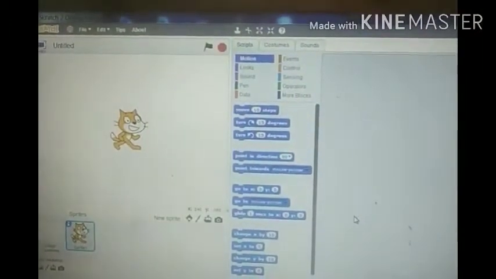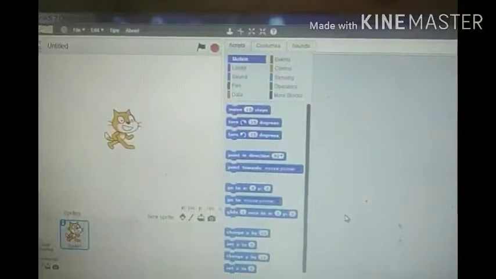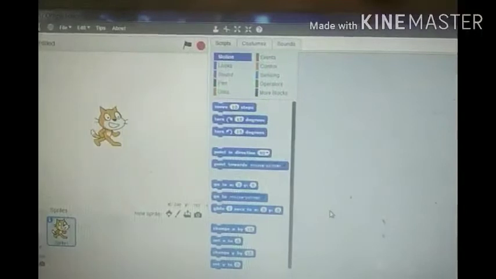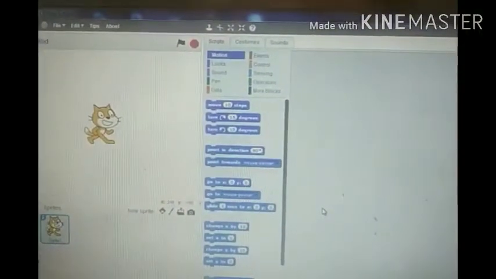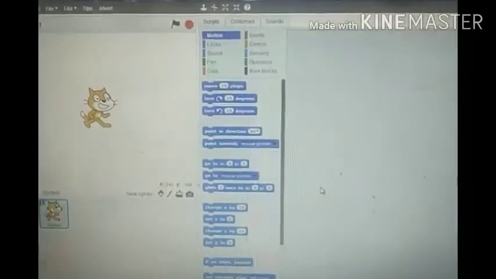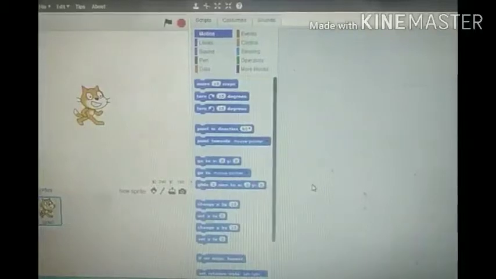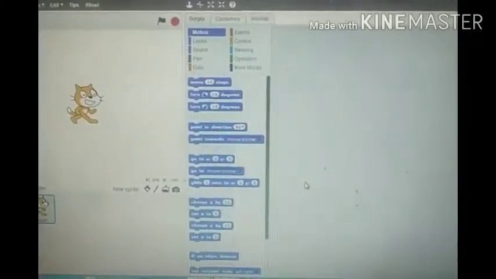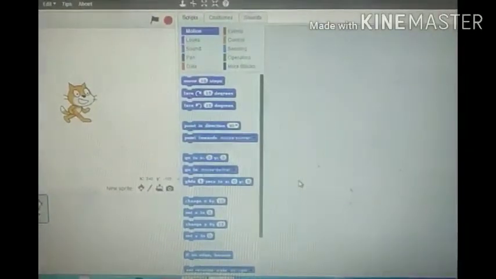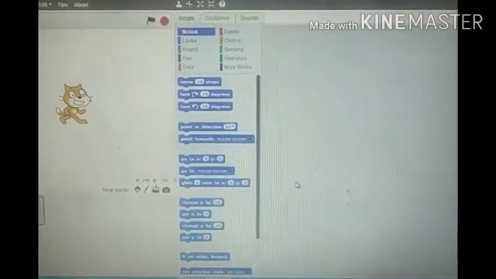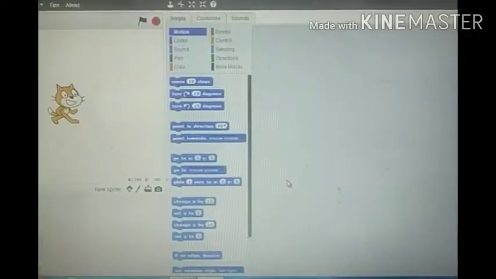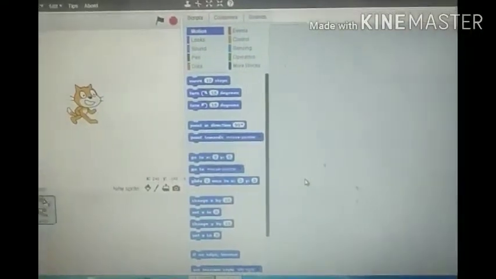In this chapter, the first topic is changing looks, or shapes, costumes. As we know, the image on the stage is called backdrops and the character doing action on the stage is called sprite. Just as we change the look of the stage by changing backdrops, we can change the looks of the sprite too by changing its appearance. The looks of a sprite can be changed using blocks in the looks category. Broadly, we can change a sprite's looks by three methods: changing its size, applying a graphic effect, and changing costumes.